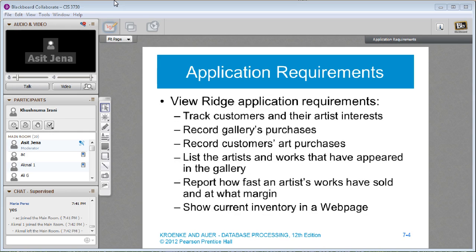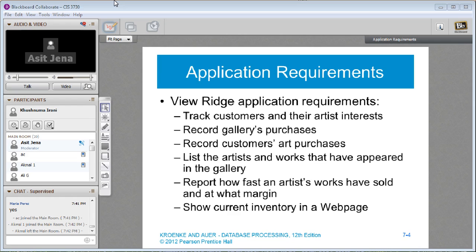This is what we are trying to solve: track customers and their artist needs, record gallery purchases, record customers' art purchases, list the artists and works that have appeared in the gallery, report how fast an artist's work has sold and at what margin, and show current inventory in a web page.